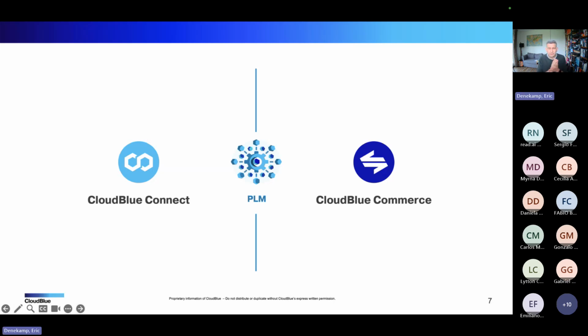So what does it offer me? It actually, I would almost say, is a door between the two systems. It's a little bit of middleware that we install on the CloudBlue Commerce side. So in our SaaS environments, we will install it by default, because for us, it makes life a lot easier.